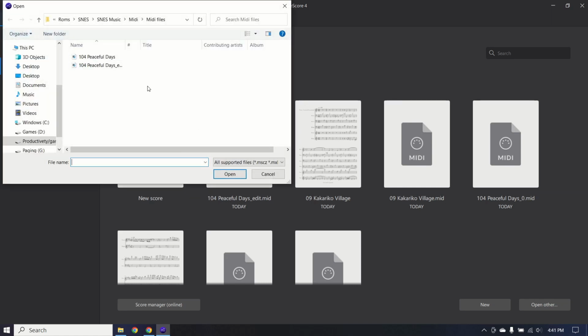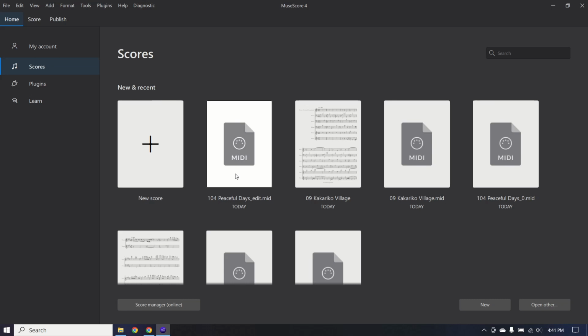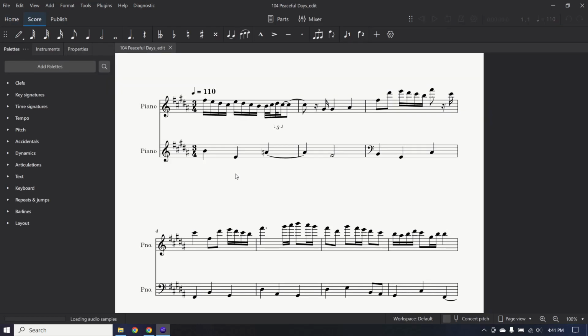From within here, find the MIDI file that we edited on that website. Here mine is Peaceful Days Edit. Open it up. And so when it opens up, this is actually all the correct notes. We can go ahead and take a quick listen to it. But it still sounds a little bit funky, so there are a few things you're probably going to want to